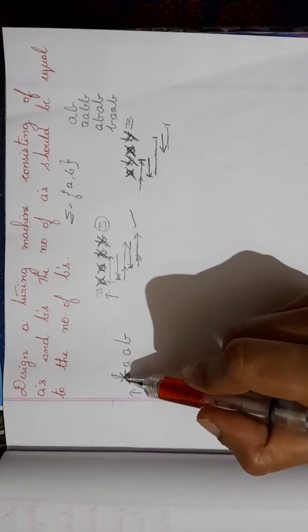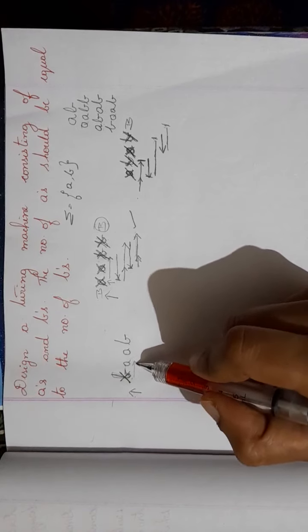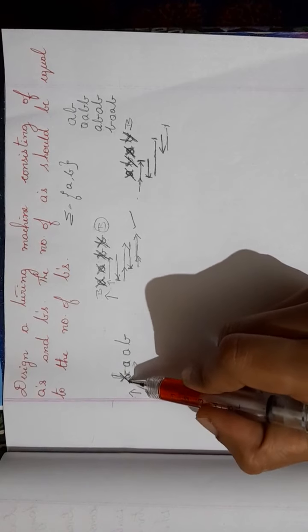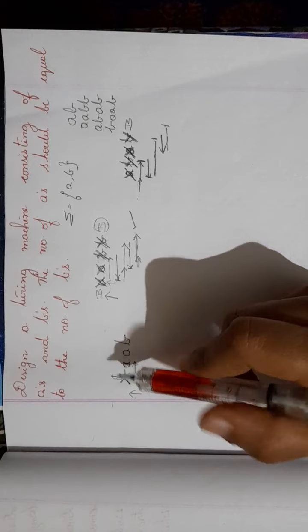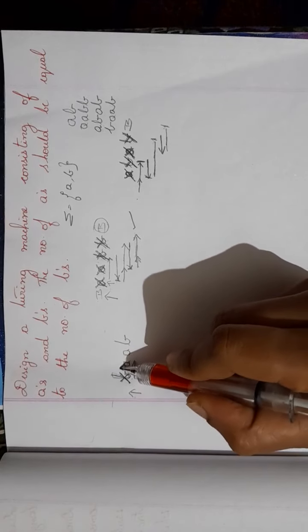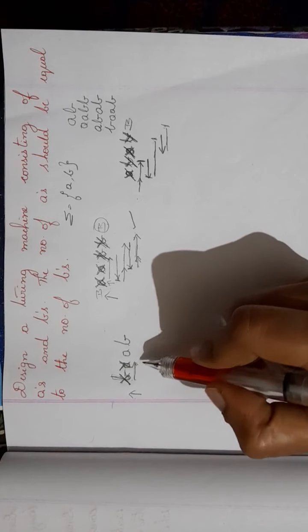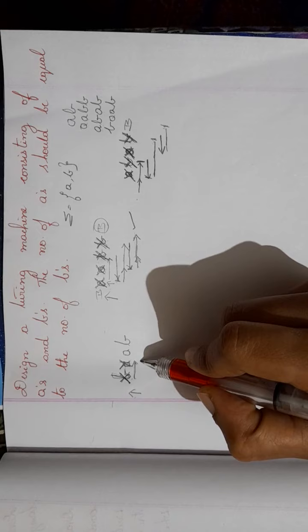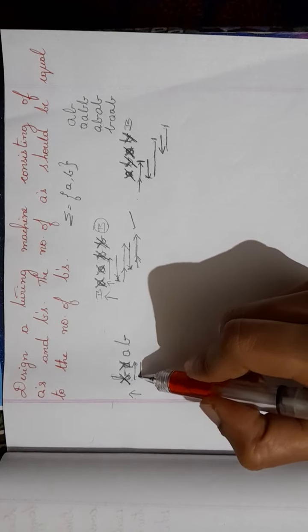Now since my first character is B, I should keep on moving till you read A. So B I changed to X, keep on moving towards right. I found one A, change it to Y. After changing it to Y, now you have to move towards left. So whenever you make changes with respect to Y, change the direction. Move towards left, keep on moving left till you find X.